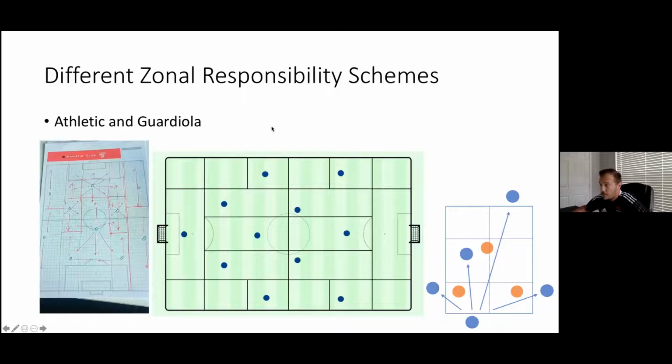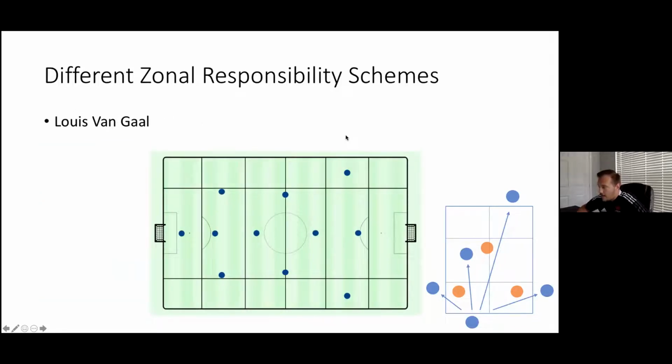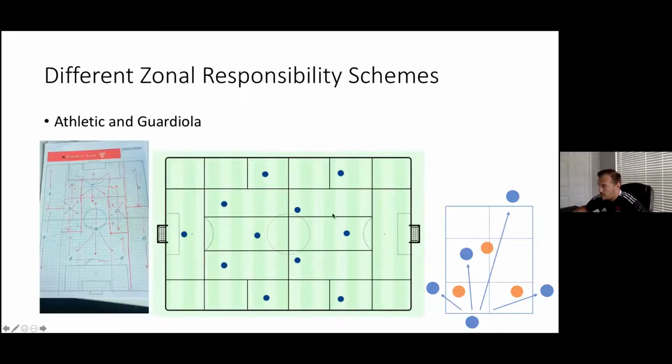This one's more familiar, of Guardiola, which I'm sure you guys have seen, potentially somewhere online, because it's probably the most popular one that gets spread around. And Athletic Bilbao used the same one. So you have these interior corridors here, the internal zones, the central zone, the other internal zone, and then the wings, right? So instead of having the wide area in the middle, now you see it split into 3 lanes, okay? So now you see this lane for certain players, this lane for certain players, this lane for certain players, and then the wings, right?